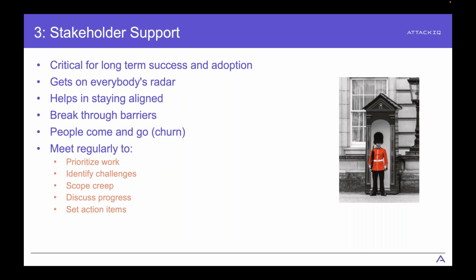The goal, remember, is to implement a program and a practice. It's not just to deploy a shiny new tool, right? We can all do that. That's the easy bit. The hard bit is actually working with the different teams, getting them to identify and address findings and how they go about addressing those findings, and ultimately, to improve security posture by remediating and/or mitigating those findings, right? So if you have support from the top down, then this in turn gets the work on everybody's radar, across all the various security teams as well, ensuring a greater chance of having successful outcomes, which is what we all want, right?